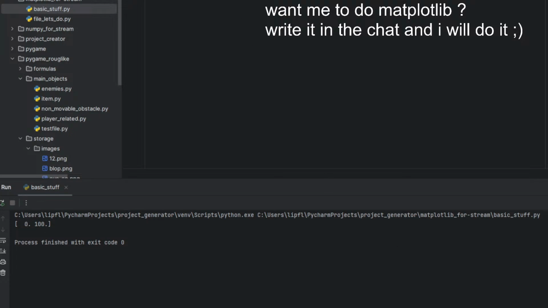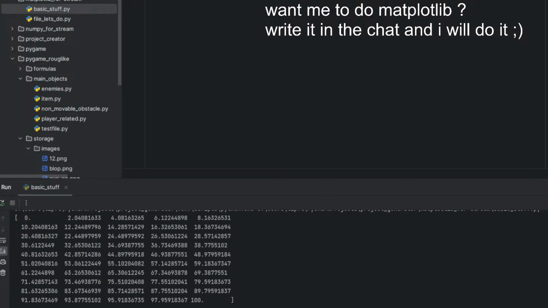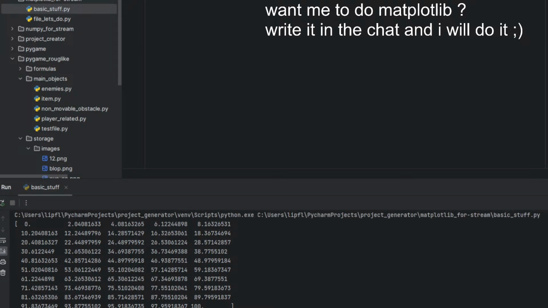Okay, what? Get it. dtype equals, dtype equals, and np.integer.